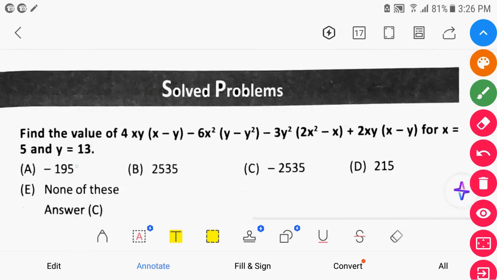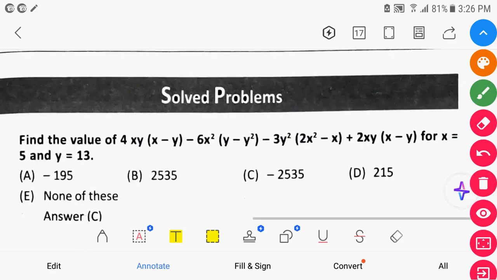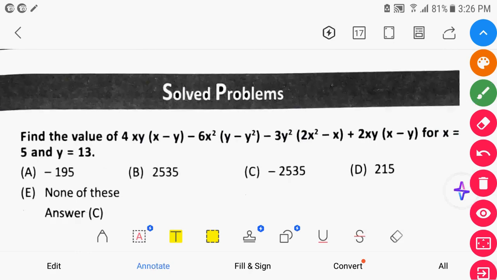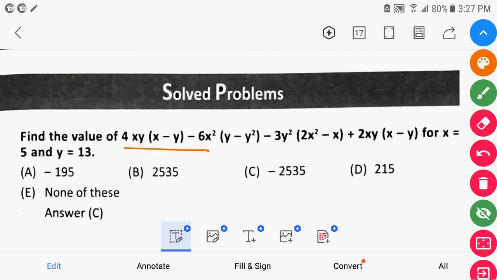Now see, some solved problems we will go through and then we'll move to the practice exercise. Now see, this is one expression: 4xy into bracket x minus y minus 6x square into bracket y